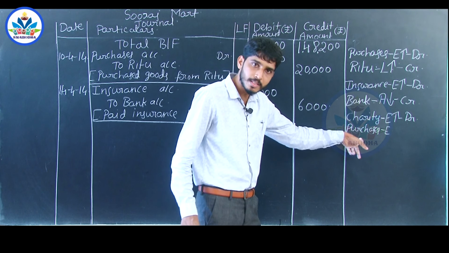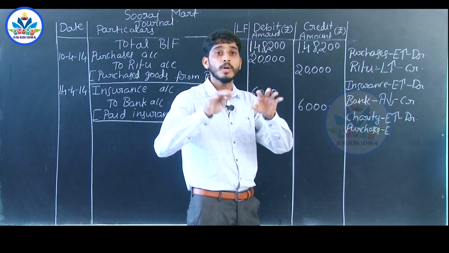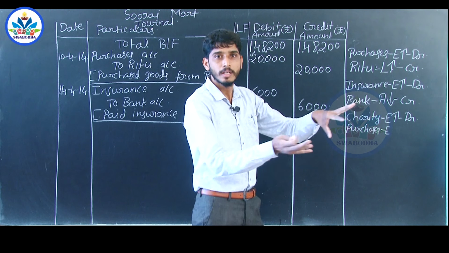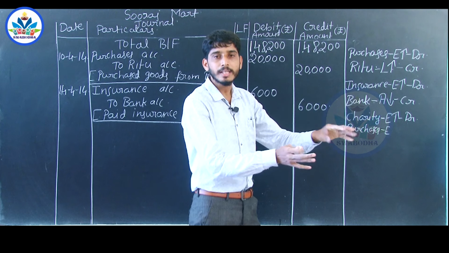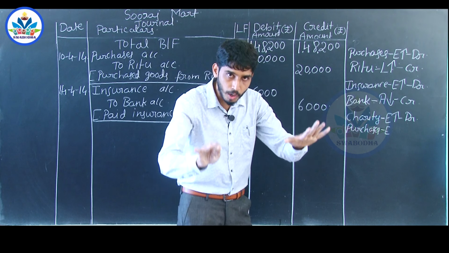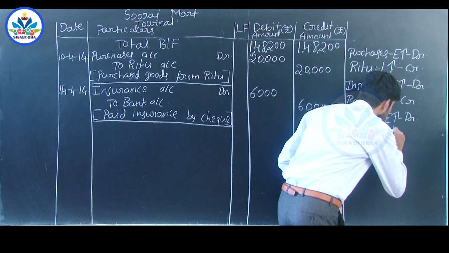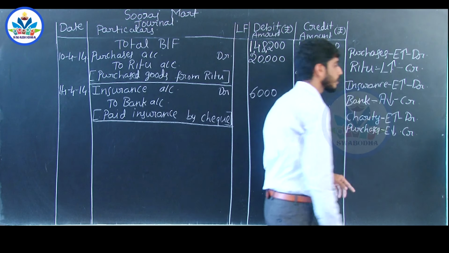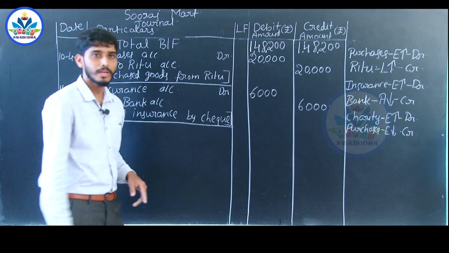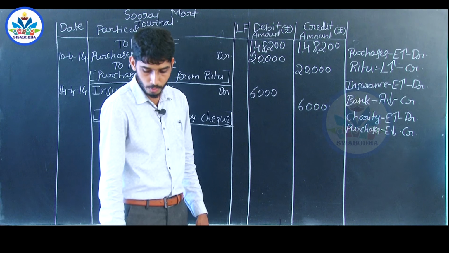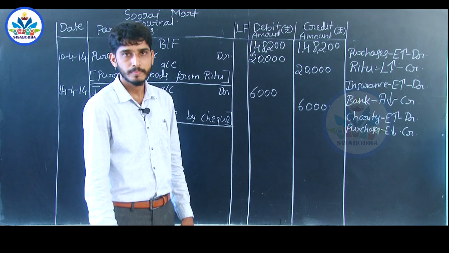Purchase is also an expense. To that extent, your goods value comes down. Out of the total purchases, you have given away some amount as charity. So, to that extent your goods value decreases, and decrease in an expense has to be credited. So, the journal entry will be charity account debited to purchases account.